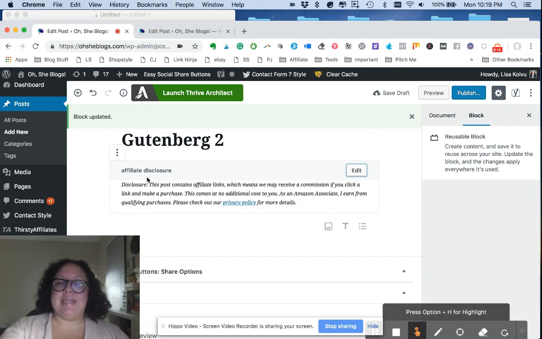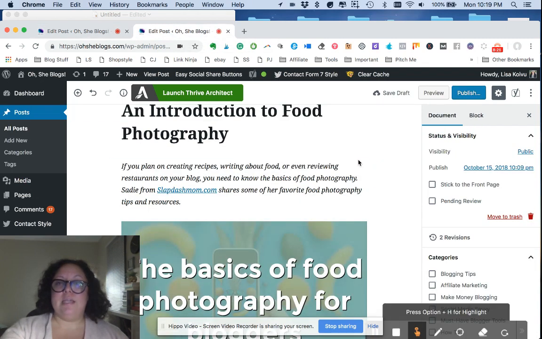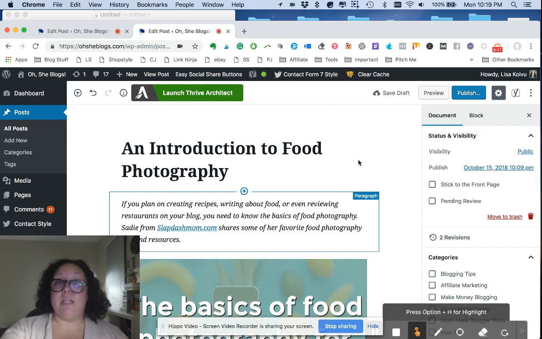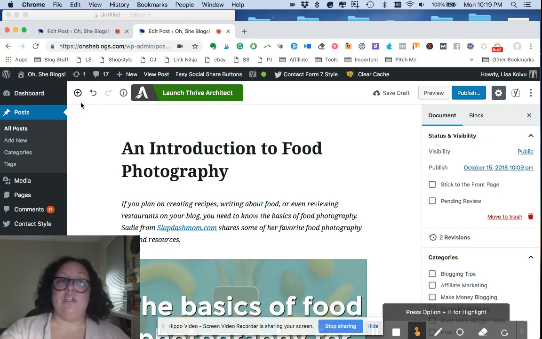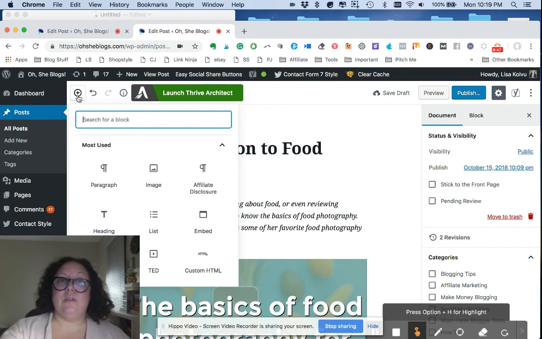So I went ahead and saved this as a reusable block. So now I want to show you how you can quickly put it into a blog post. I have a post here that I'm going to publish shortly that was written by Sadie from Slapdash Mom. And this post does include affiliate links. So if we're going to add the disclosure that I just wrote, all we need to do is come up here to this area here,